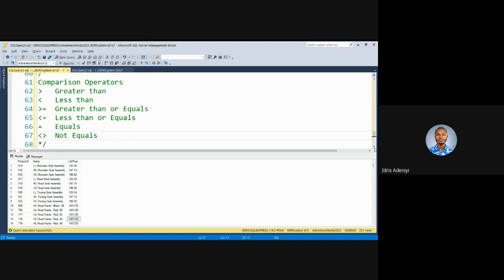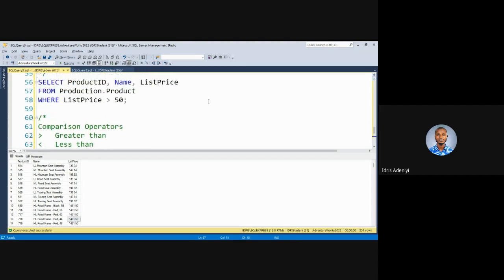Okay, so these are the different comparison operators that we have, and you can see an example of that above here. We are comparing these two values. Is list price greater than 50? These operators are going to return something because this is just a comparison. It's like you are asking a question. Now you can imagine this as having a question mark,